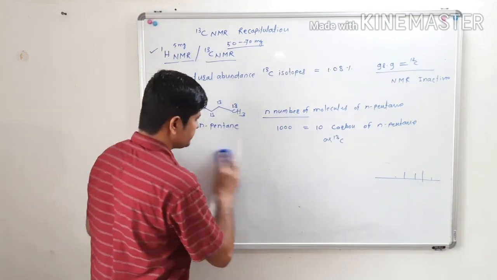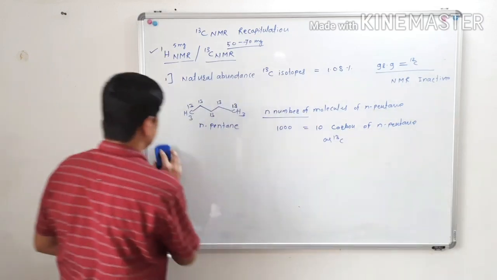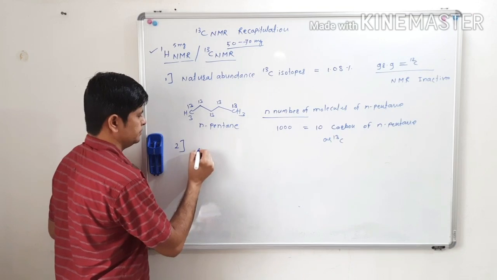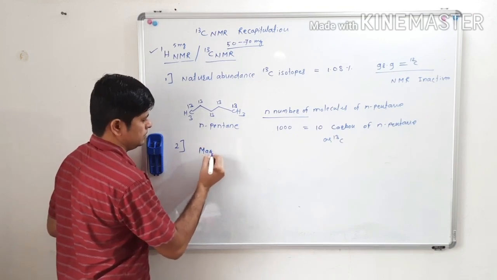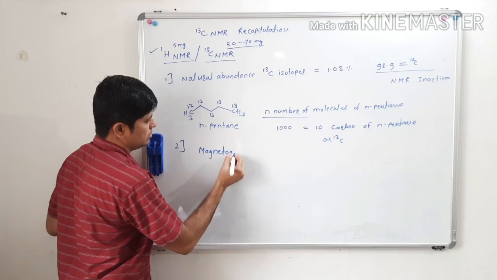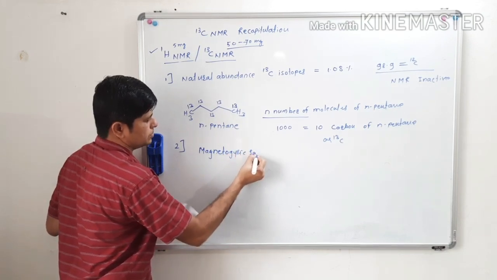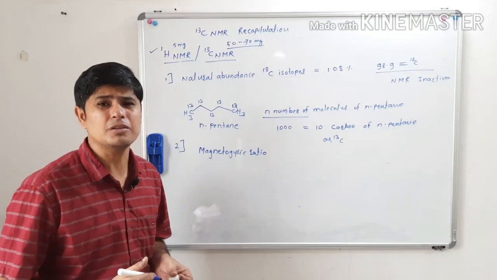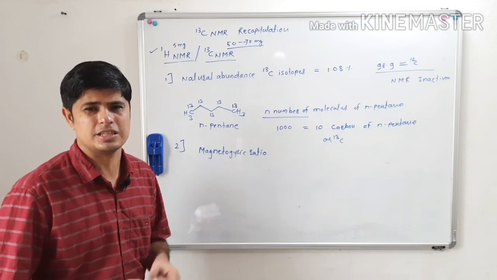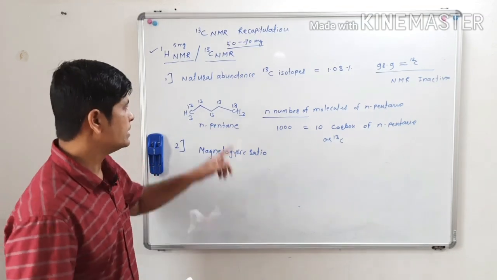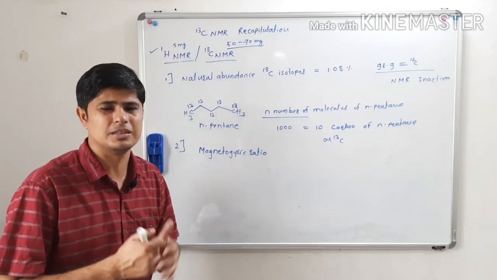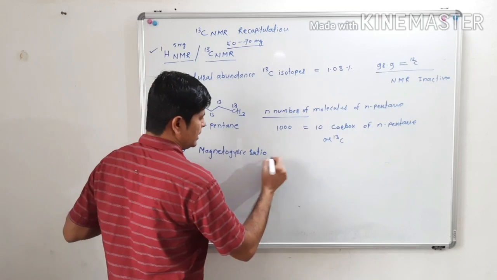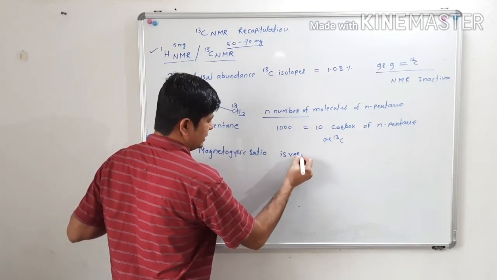Now the next point is the magnetogyric ratio, or it is also called the gyromagnetic ratio. It's a physical quantity like dielectric constant or surface tension. It's a physical quantity of nuclei like the 1H nucleus and carbon-13 nucleus, isn't it? So this magnetogyric ratio or gyromagnetic ratio is very small,